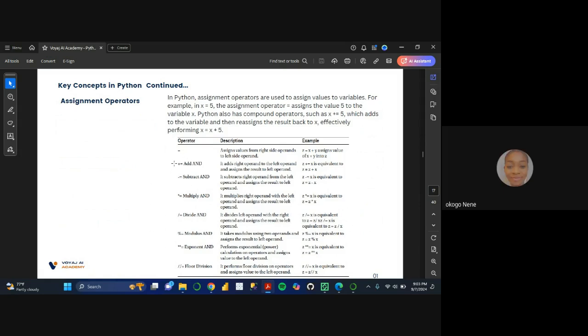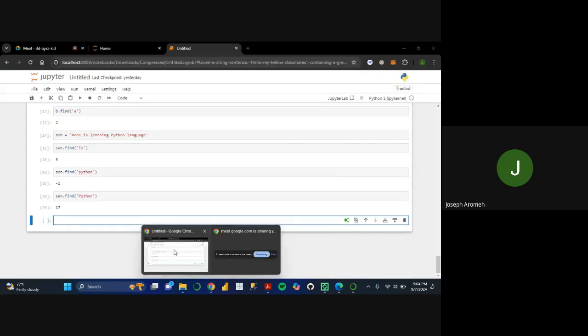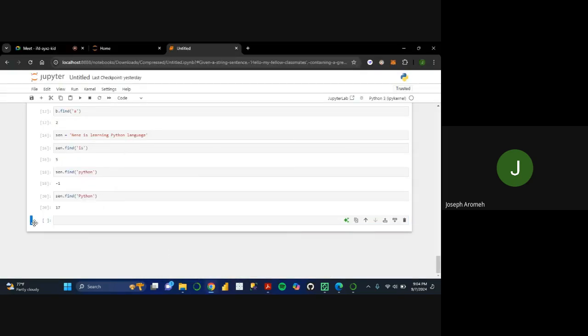But supposing you want to perform a simultaneous operation on a particular piece of data, maybe you want to add, subtract, multiply, divide, you can associate those with the basic assignment operator. What this would do is take the output and reassign it back to the variable that you are working on. So if, for example, let me